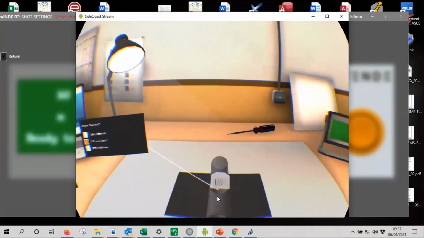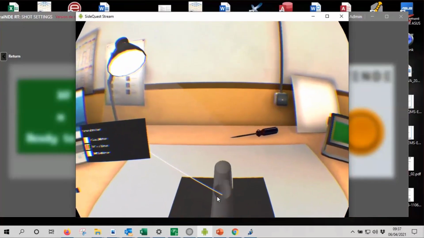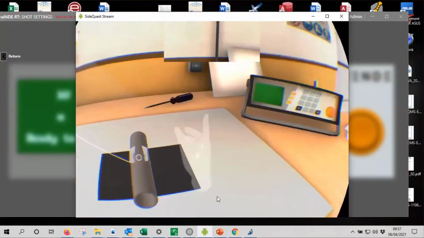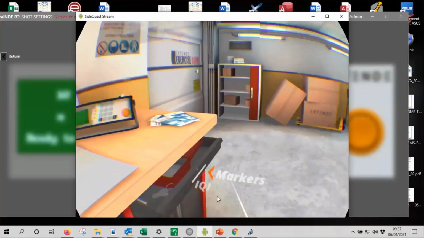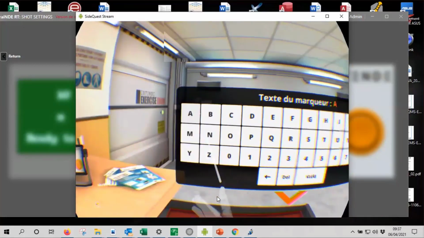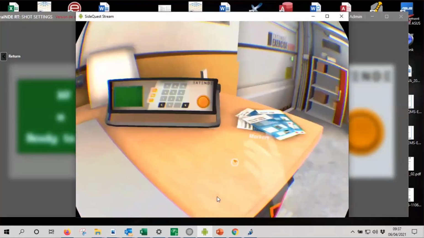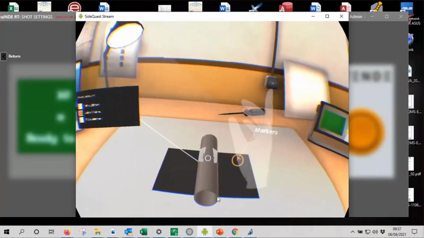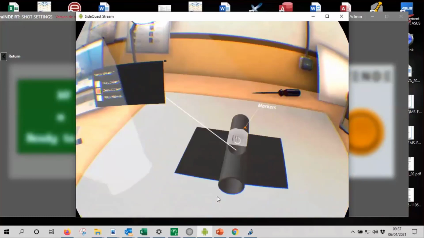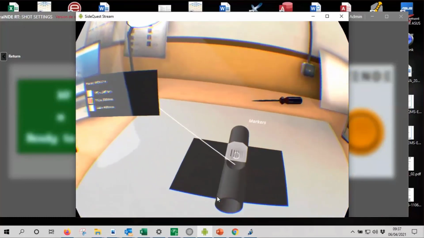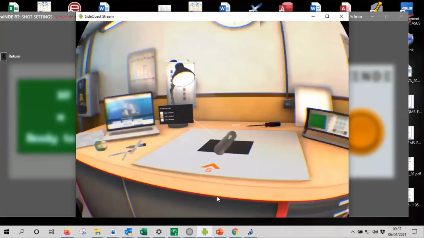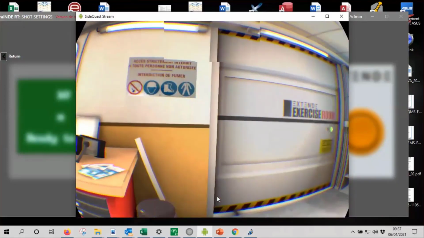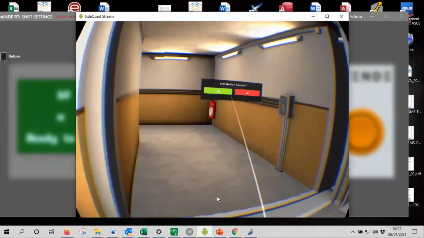Put it here, for example. And put just A as a marker. Somewhere here, put a marker. And then here, this example is perfect for an ellipse shot.